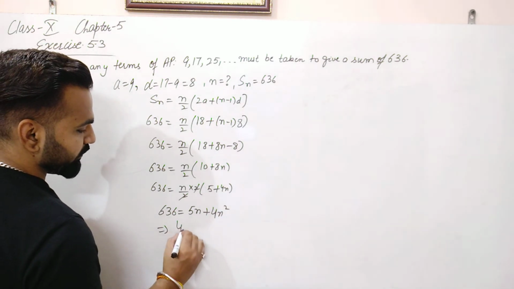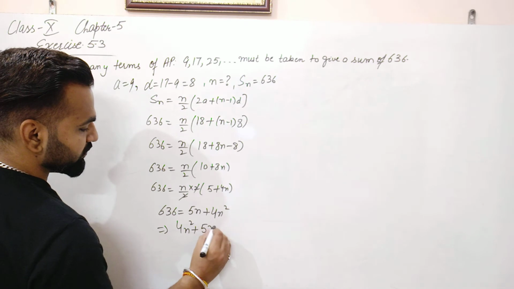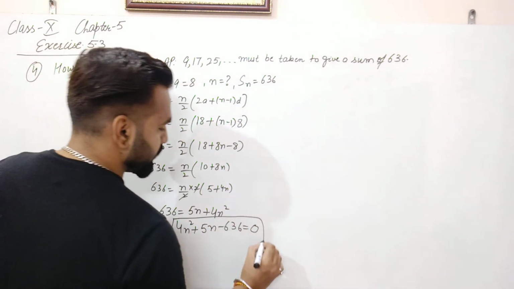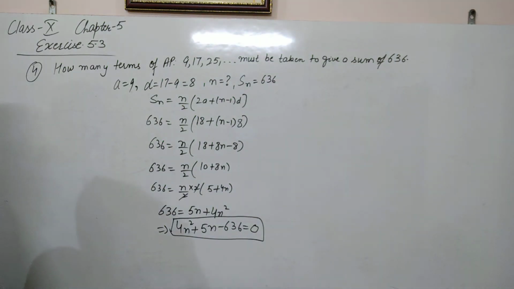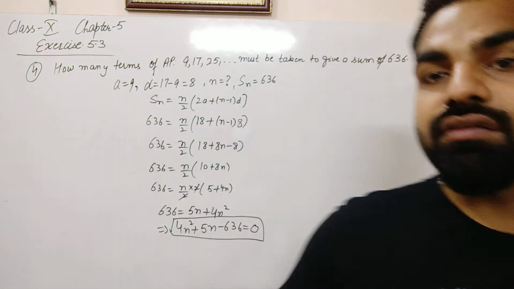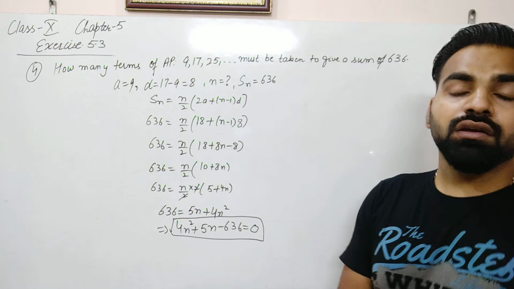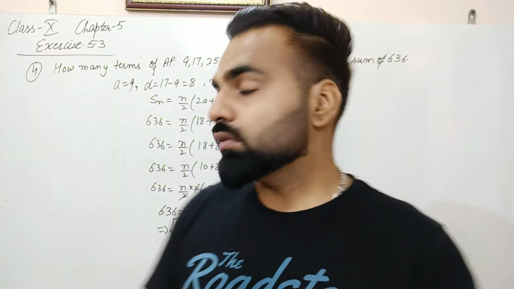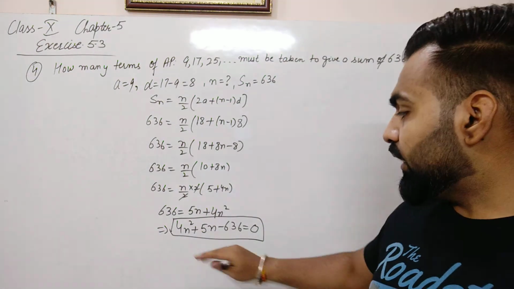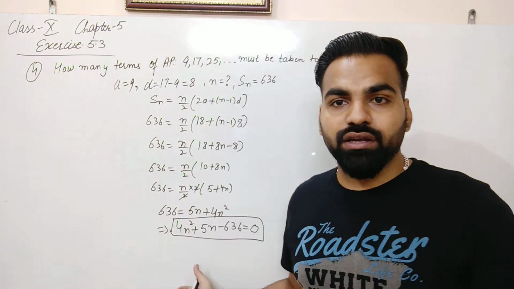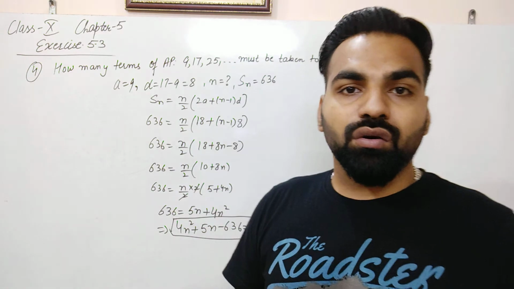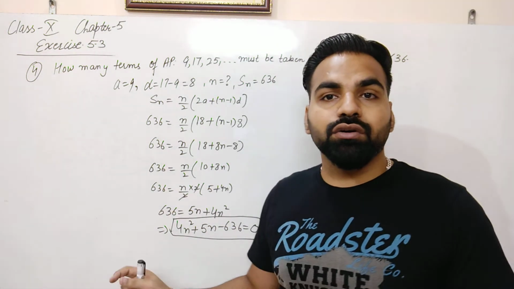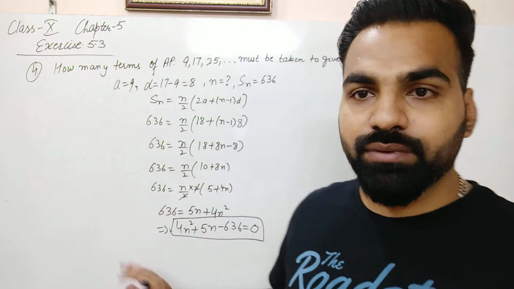So this will form a quadratic equation. This is the final quadratic equation. Now we have to solve this equation to find the value of n. We have two methods: one is middle term splitting and one is the quadratic formula. If you can do the middle term splitting, then it is okay. Otherwise you can go for the quadratic formula. First calculate the value of d, then the variable is equal to minus b plus minus root d by 2a.